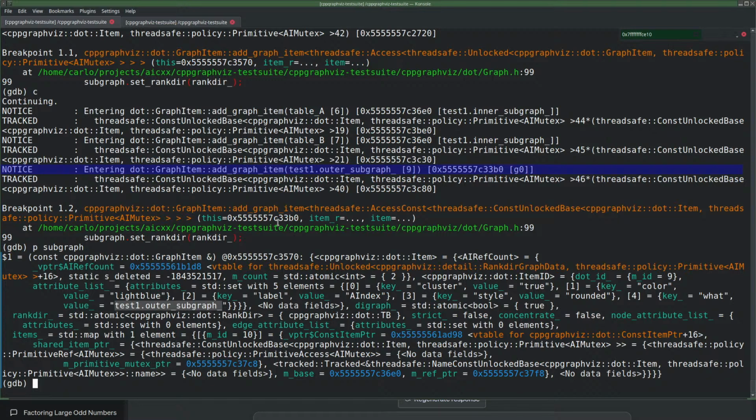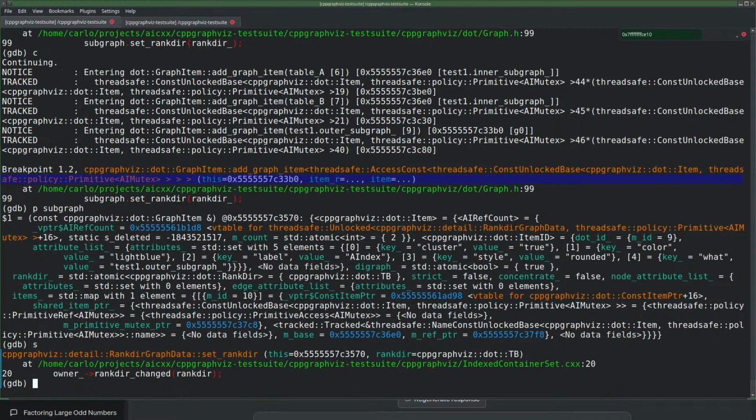Right. Does the thing also have a this pointer? I guess so. Can just do step. This is the this pointer. Let's highlight that one. Yep. So that object is the outer subgraph of test 1 and it is locked. And now I'm running on